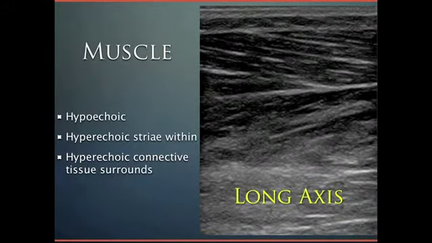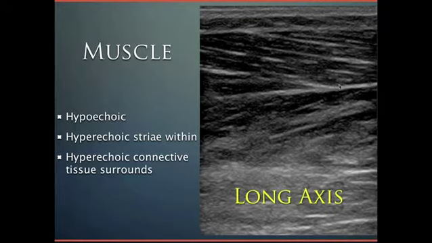Now, muscle is hypoechoic, and we can see within the muscle itself hyperechoic striae, as we can see here, in the long axis of the muscle. So when we line up that linear probe in the long axis of the muscle, we can see these hyperechoic striae going across, and in between the different muscle bundles, we can see hyperechoic connective tissue surrounding them. So this is one muscle bundle over here with its hyperechoic connective tissue seen superiorly,